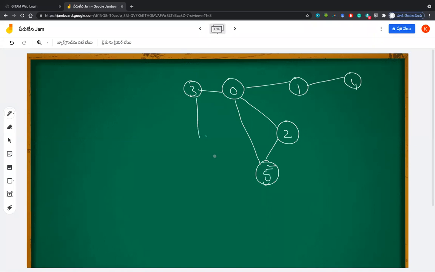And this is connected to 6. Okay. So a really messy graph, right?